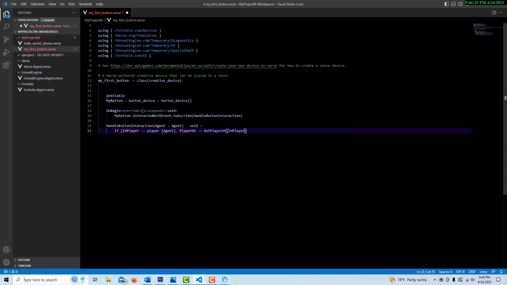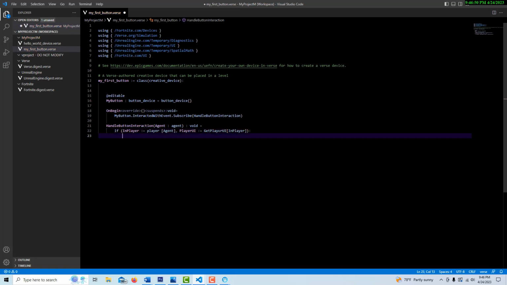bracket, in player, tab. This can be a little tricky here because there's a parenthesis and then there's a colon. So it's parenthesis and then a colon. Oh, there's a colon. Okay, and then its last right here is my UI, colon, text underscore block equals text underscore block